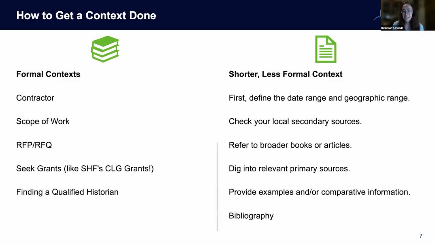And lastly, don't forget your citations. Be clear about where your information is coming from. That doesn't have to be a perfectly footnoted, formatted Chicago-style citation, right? If you have a public-facing document that you want to keep more informal, maybe include a general source list at the end of your document. And ideally, keep a fully cited version offline that you can refer to later if you need to. So even if you're not using fully formatted citations, just leave yourself a trail of breadcrumbs that you can use in the future if the staff person that wrote that document is no longer there and you need to check it out later.